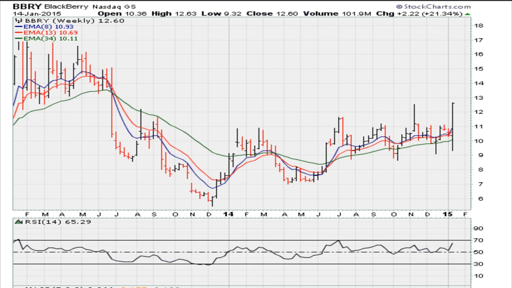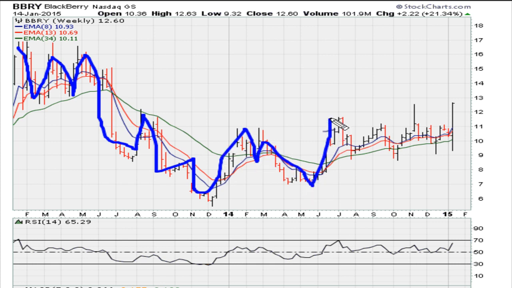Today we're going to be taking a look at BlackBerry, and we're going to be revisiting the subject of how some charts don't have consistency, either to the upside or to the downside, in terms of how the price is playing out. In terms of this weekly chart, you can see that this is a very volatile instrument. As you can see, a lot of choppiness, up, down, and then up, down, just very inconsistent price action. So this type of a chart here is always going to be risky,